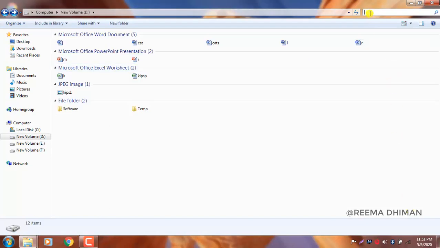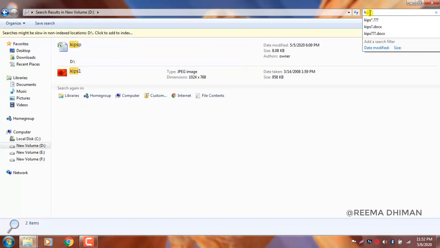The next case we will consider here: if we have to search for all files with the name starting with caps and any character after that, and having any extension of 4 letters. For example, my file name starts with caps, after that I don't know how many letters or characters there are, then it has an extension of 4 letters. So I will apply 4 question marks here.